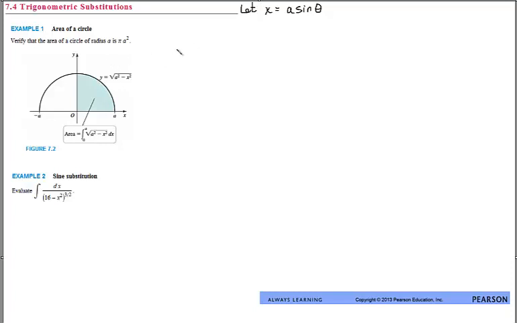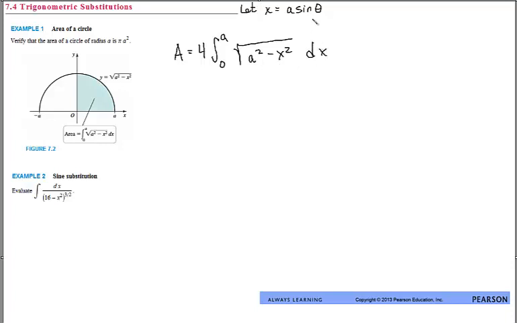For instance, we're going to verify that the area of this circle is pi a squared. So area equals. We're going to integrate this thing and find the area under the curve. Well, I just want to integrate a quarter of it because it makes things easier. It's symmetric all around. I'm going to integrate this from 0 to a and just the area under the curve, which would be a squared minus x squared